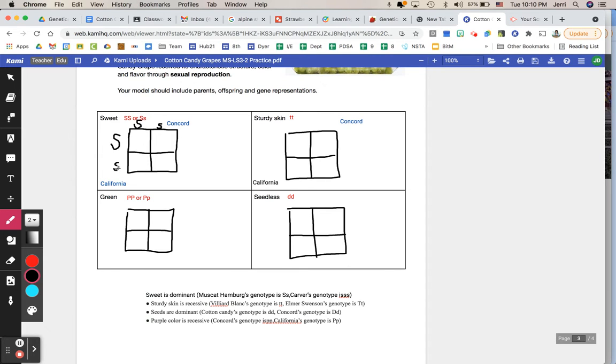We can set up California as either heterozygous, or we can set up California as homozygous recessive. Either way would be fine. You could set up California as homozygous dominant. It doesn't really matter when we make this cross,